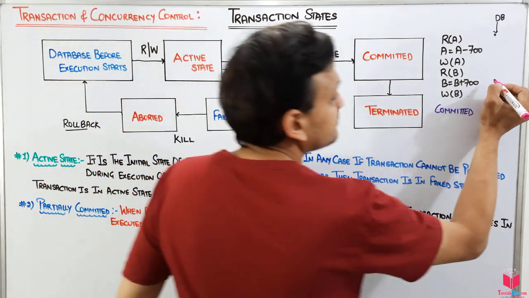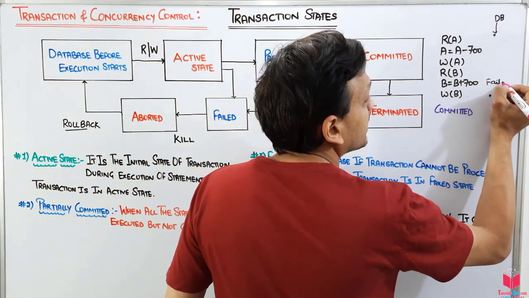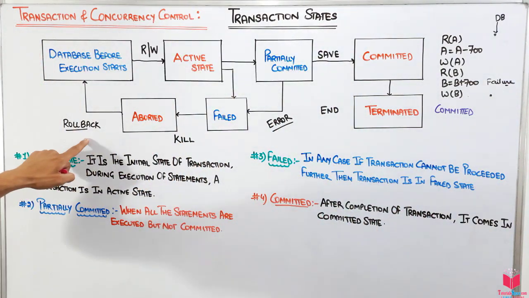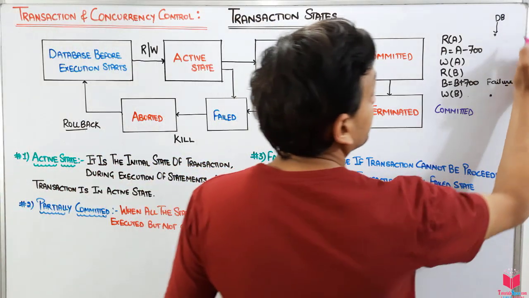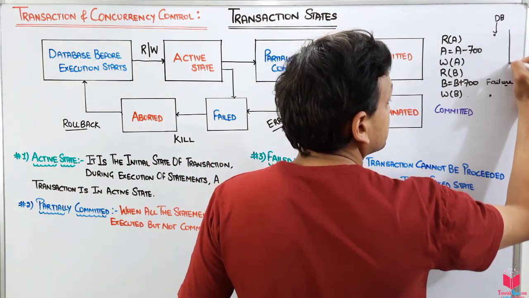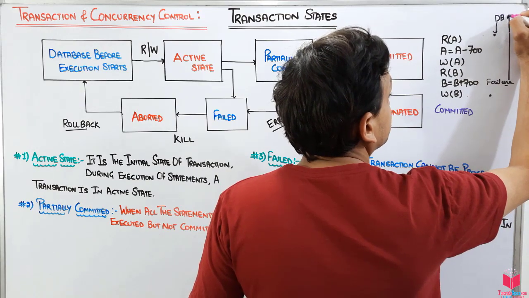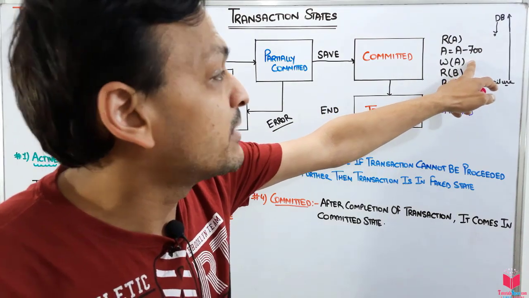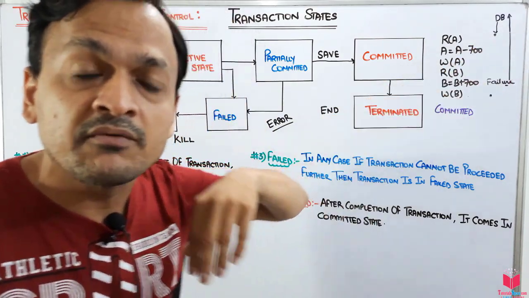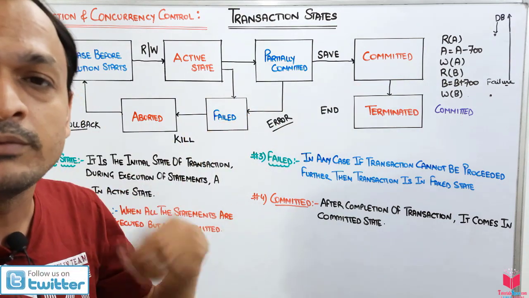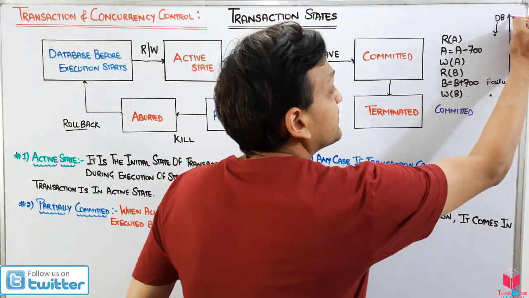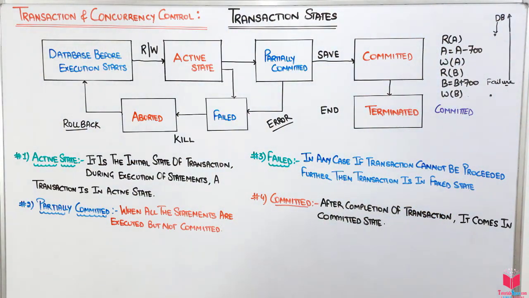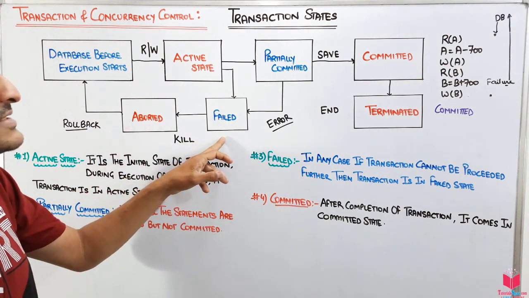Suppose we have a failure here. Okay guys, we have a failure here. Then, because of the failure, it has to abort or roll back the transaction. That means it will move to the idle state of the database. The work done by all these statements, read B, write A, will be undone and removed. The database comes back to the condition from where it started. So we will roll back the transaction if there is a failure.